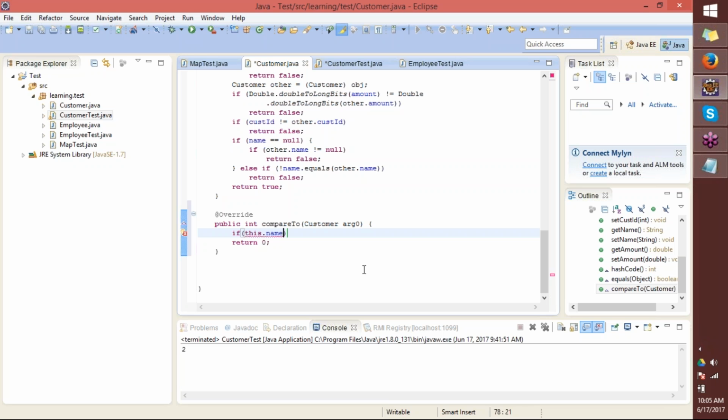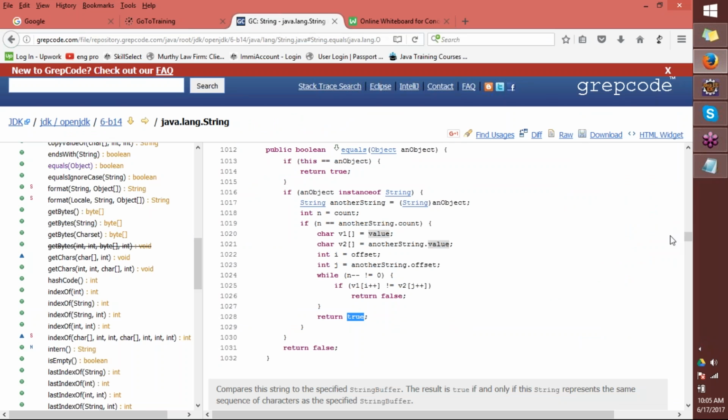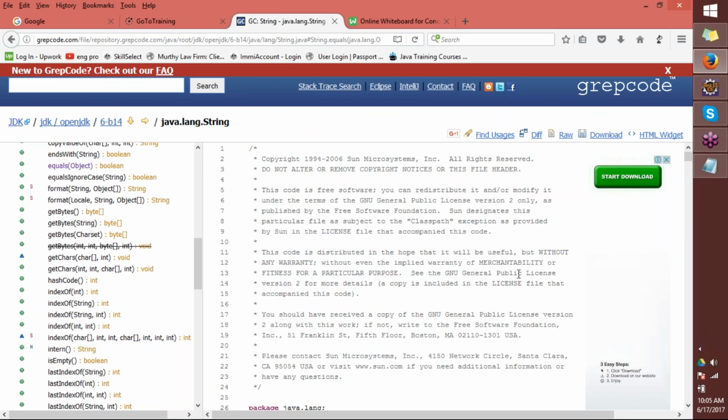Got it? Understand this point: the String class worked for us because the String class already implements the Comparable interface, and the String class has already overridden the compareTo method. We will see that here. We will conclude that, then we will write the logic here. We already have the String class, right? If you go to the help of the String definition,